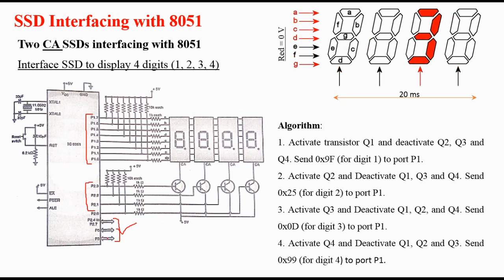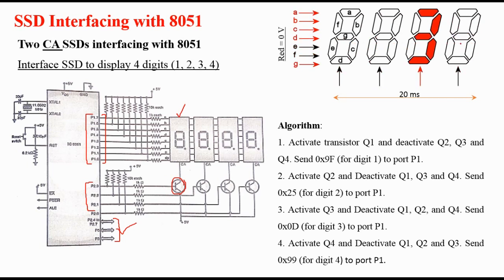The rest of the port pins you can see are vacant, so you can connect any other IO device to them. After this, our job is to send, let us suppose, the code related to 1 on this line, and we will make this particular 7 segment display on. How to make it on? By making this transistor on. The transistor here is acting as a switch. So in this case we are displaying numbers like this: 1, 2, 3 and 4.